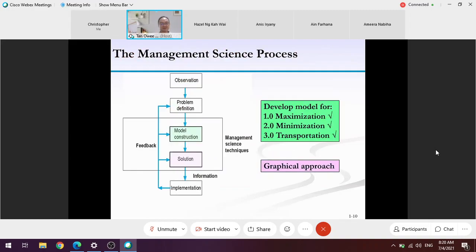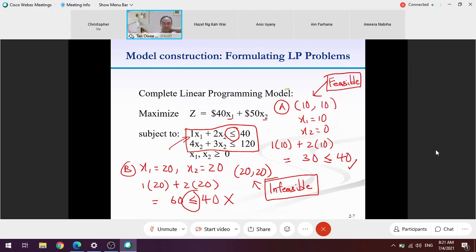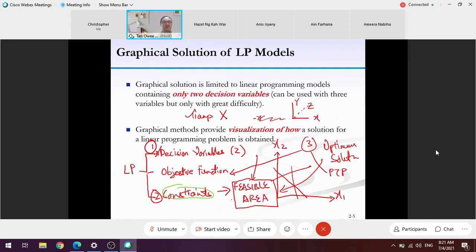Okay, now we start using the graphical method to resolve the problem that we identified in chapter 2. In this slide in front of you, there are 3 langkah. Langkah pertama, tentukan mana satu X1, mana satu paksi X, mana satu paksi Y lah. Langkah kedua, plot the constraint to identify the specific area. Langkah ketiga, find the optimal solution. Tapi sebenarnya langkah 1 dengan 2 kita boleh combine lah. Ini senang kan. Langkah 1 dengan 2 boleh combine.